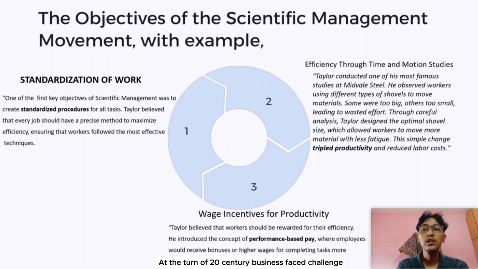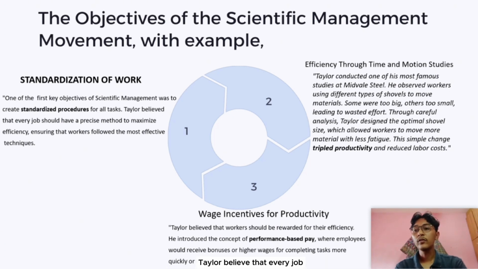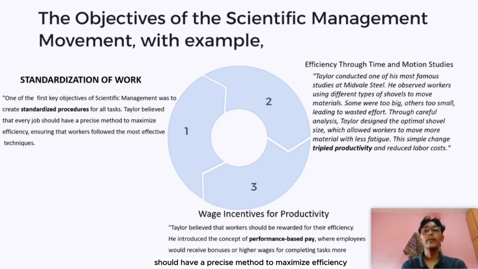At the turn of the 20th century, businesses faced challenges such as low productivity and efficiency. In response, Frederick Winslow Taylor introduced the scientific management movement, which aimed to improve work efficiency through systematic study and automated tasks. This study starts with the standardization of work. Taylor believed that every job should have a precise method to manage efficiency, ensuring that workers follow the most effective technique. For example, Henry Ford, inspired by the Taylor principle,